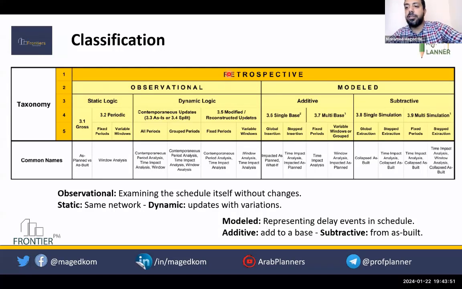It was a full suspension? Yes. If it's a full suspension, it was only an employer delay event in this duration.